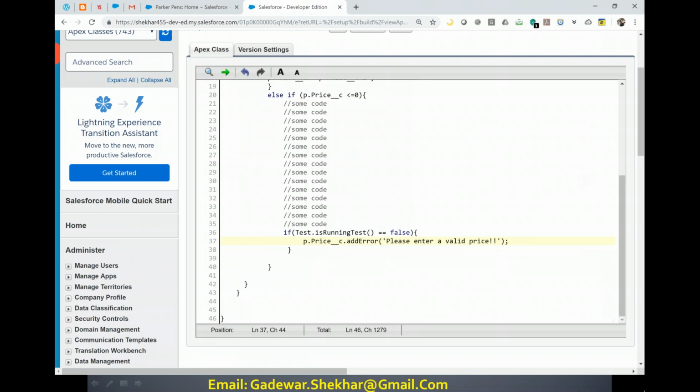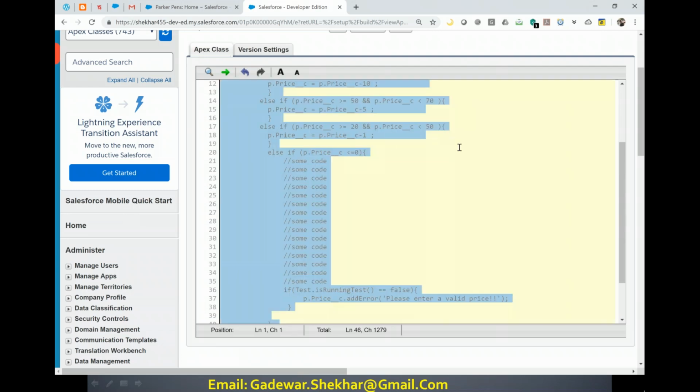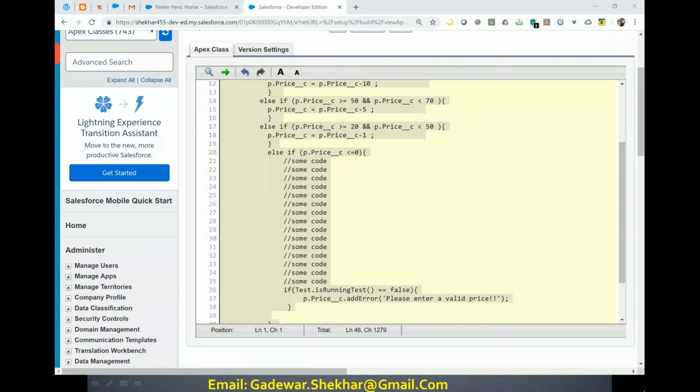Okay, everyone clear? Got this technique? It's a very famous technique we use regularly in many classes in real-time projects. Great, good to see that almost everyone is saying clear. Yes, you can use this in real-time projects and you are going to use it regularly. Just put this code and this way you can add this functionality. I'm going to copy and paste it here and explain the code. So how can we do this? Please note, whatever your code is, just put